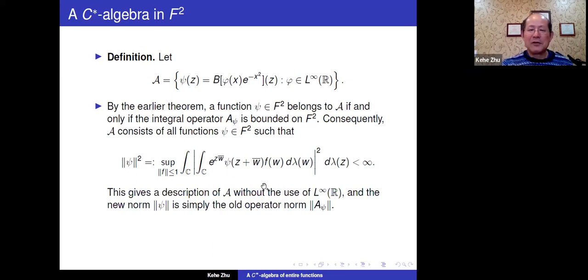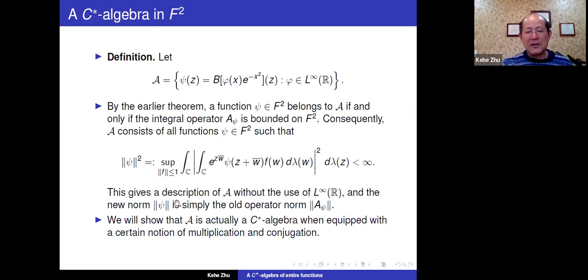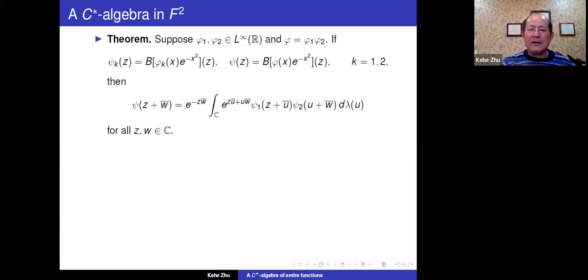And then what you get is a Banach algebra. It's just L infinity of R. I mean, you're getting a Banach space, L infinity of R with a complete norm like this. And then you're going to actually show that you can make this into a star algebra. And therefore, what you need to do is you need to somehow define multiplication and the star operation. In order to figure out the new multiplication, this is the first computation